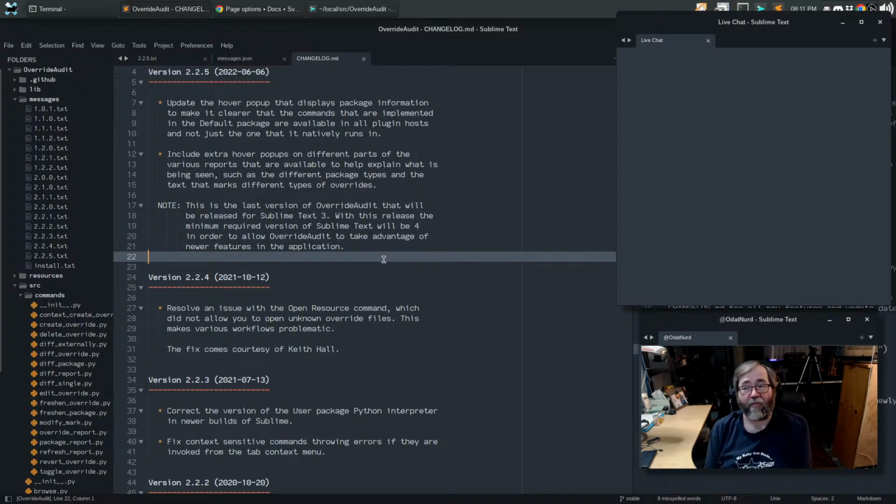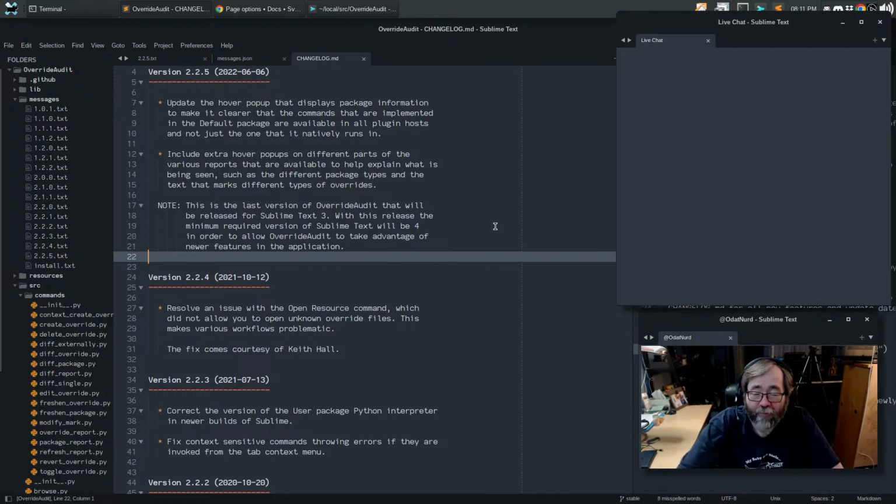But a lot of that stuff still tracks. So the next version that we're going to release is going to be a 2.3 version. So we're going to jump from 2.2.5 right up to 2.3. We're going to miss five minor point releases, if you can imagine such a thing. And because we're going to be making some changes for that tonight, one of the things that I like to do is make sure that I'm keeping the changelog as up to date as possible as we go along